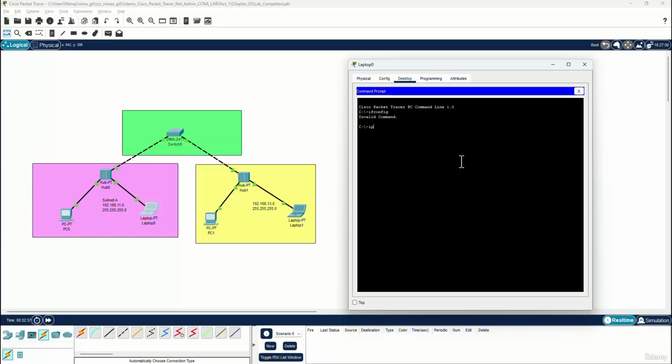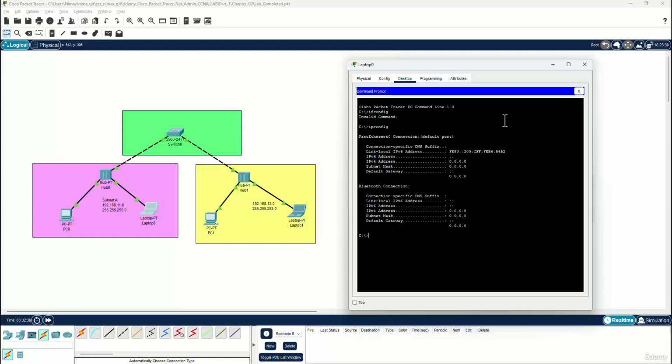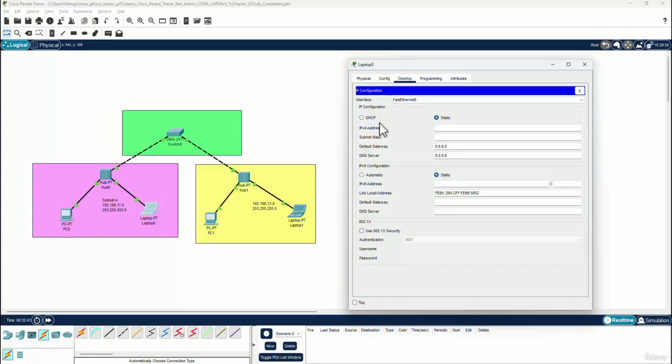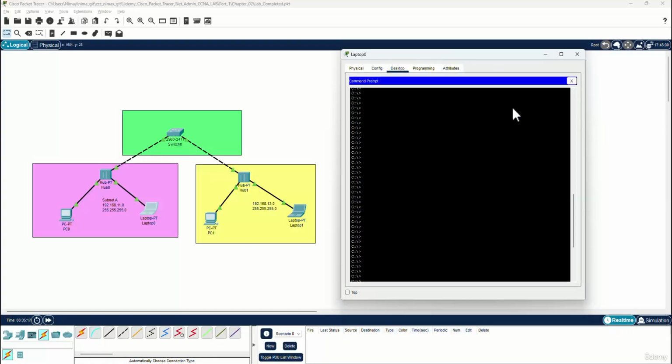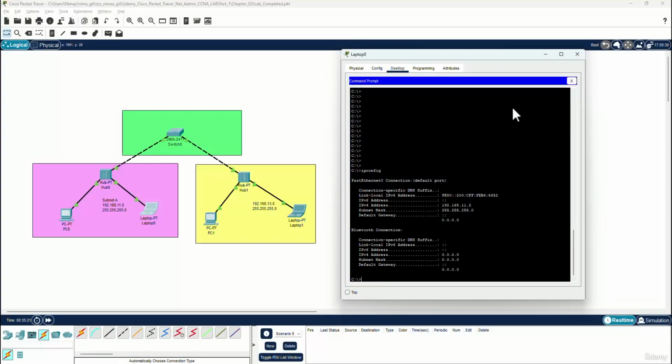It's Windows ipconfig, and in the IP configuration here we type 11.2, subnet mask like this, and we go to the command prompt and type ipconfig, and we can ping